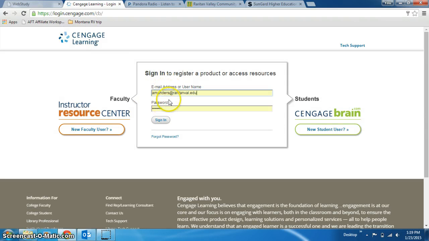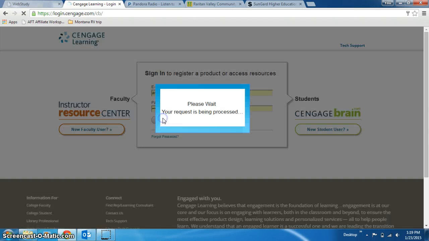And it takes me to this page here. Your website, often the instructions I see students use, or the access they see them use, is cengagebrain.com, which I guess is what the book tells you to use. And that's totally fine. It'll get you to the same place. So once you sign in,